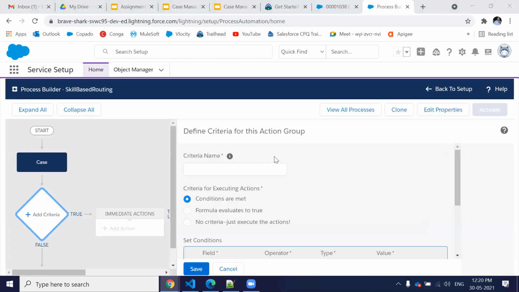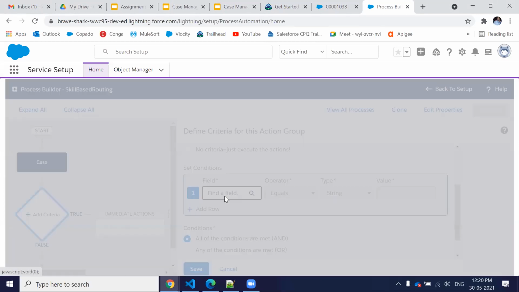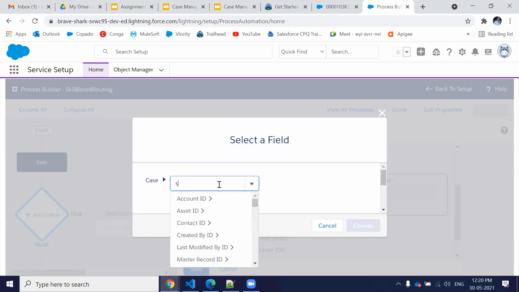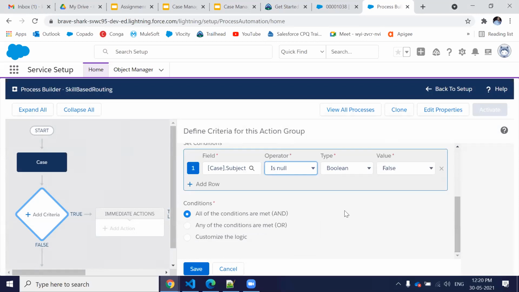Criteria would be subject should not be null. Subject should contain anything. Subject is null should be false. And then save it.